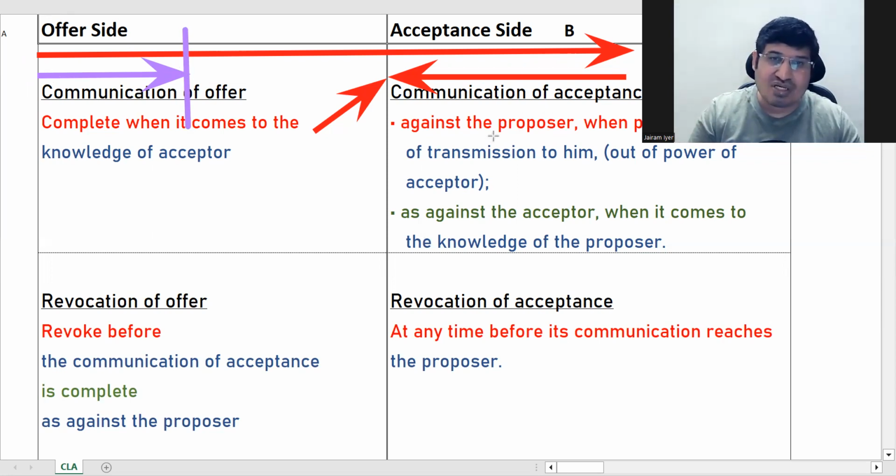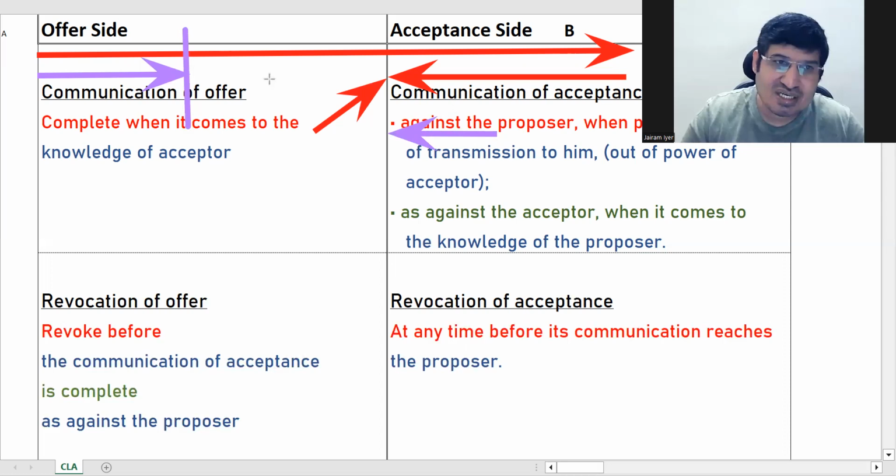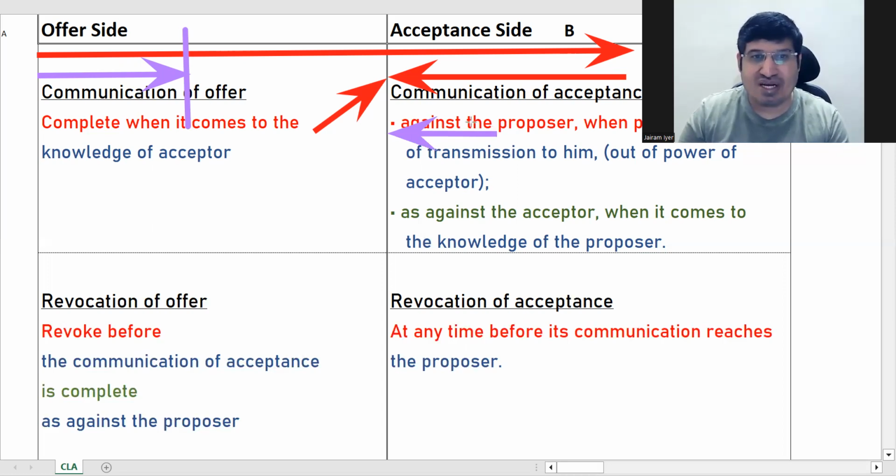When he has accepted and wants to revoke, he is communicating, and when he has posted it, his communication of revocation is complete. So don't get confused between revocation and communication of revocation. Communication is when you have successfully conveyed your point. These points are used by courts to find out whether the communication was made before this period or not. In the end, this is the key period.